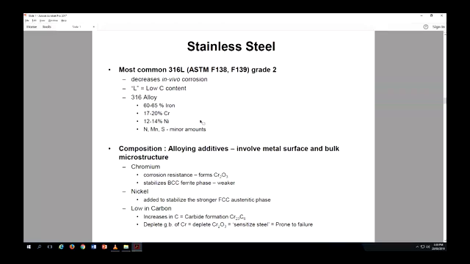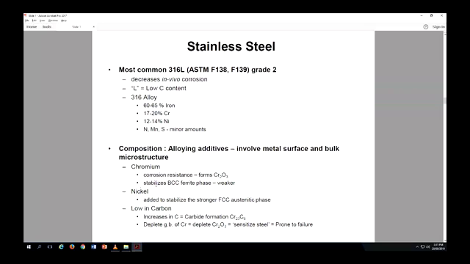The composition is mainly iron for stainless steel, but you have 17 to 20% of chromium and 12 to 14% of nickel and some minor amounts of nitrogen, manganese, and sulfur. Each of these parts is going to give you different properties to the alloy. The main building block obviously is iron, which is stainless steel. But then chromium is going to give you corrosion resistance because it forms chromium oxide on the surface, so it will block the surface from getting